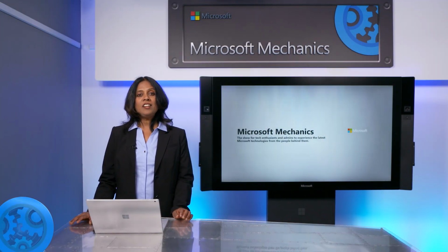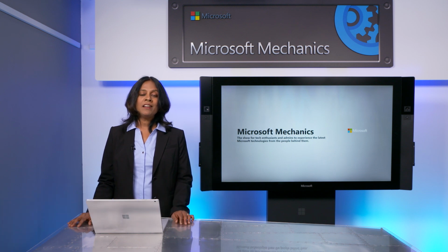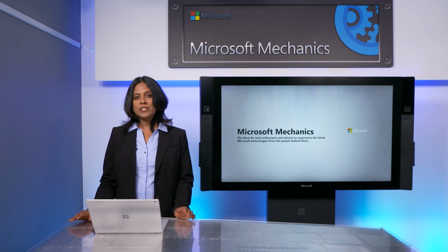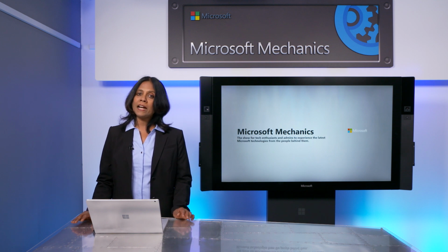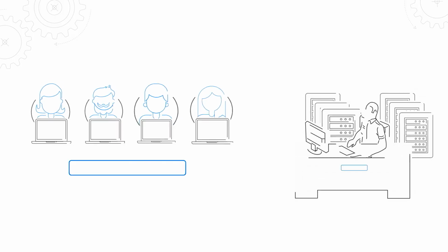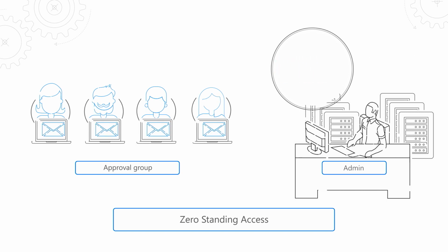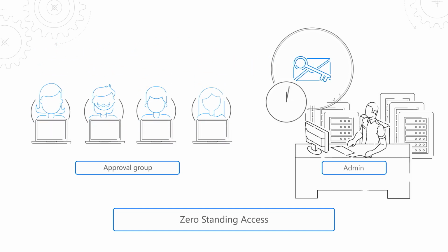Coming up, we take a look at the new privileged access management capabilities in Office 365 that allows you to control admin privileges within your tenant to prevent rogue admin activity or unauthorized admin access. This idea is based on the principle of zero standing access, requiring a highly supervised process for admin access privileges. Access requests need to be approved by an authorized set of approvers. Access is then time-bound for a limited duration, often referred to as just-in-time access, and all the activities are logged